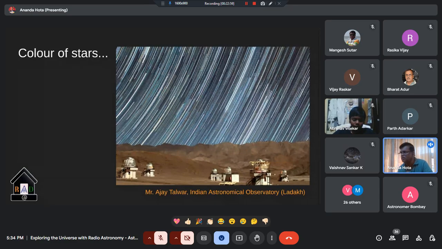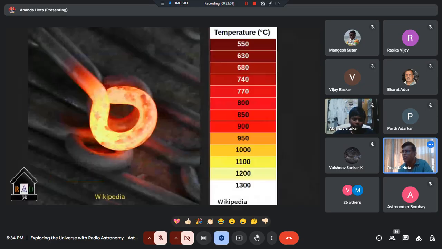I am coming to a slide. See, for example, this is picture of a red hot iron. Some part is looking yellowish, some part is looking red, some part is not visible at all in the emitted light, but in the reflected light. You all know that this part is also hot. If we touch, we can find out. If you take our hand close to that, we can also feel the heat. Immediately from here to here, there is no 0 degree temperature, right? So this is hotter, this is hot, and this is relatively cooler.